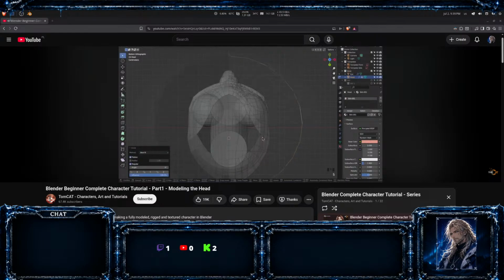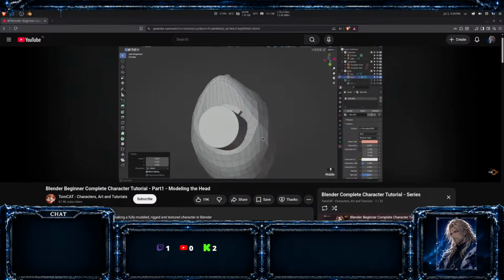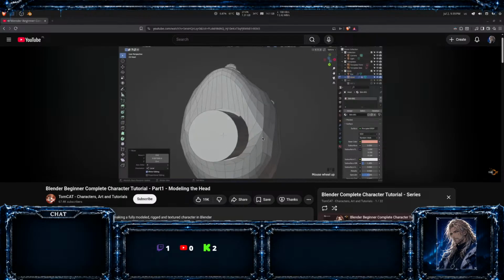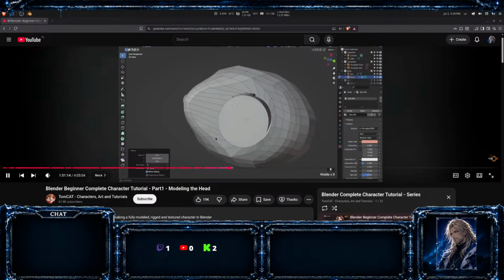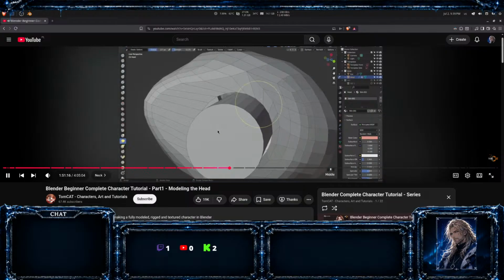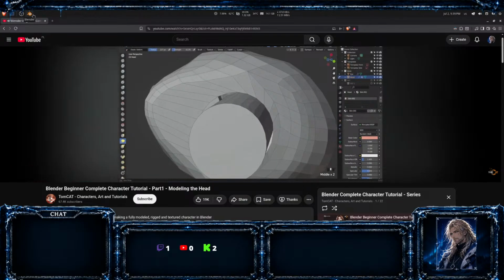Then let's scale it back down and just make sure those lines for that circle don't overlap, and scale it down so it's a bit bigger than the neck. Turn off X-ray. Okay, G, Y, and pull that back. I think that's pretty good. Necks are a little bit thicker in the back than they are in the front, so let's do this. Let's go to